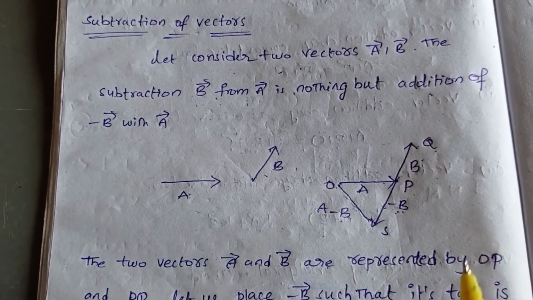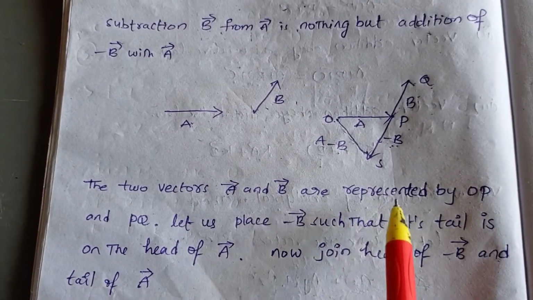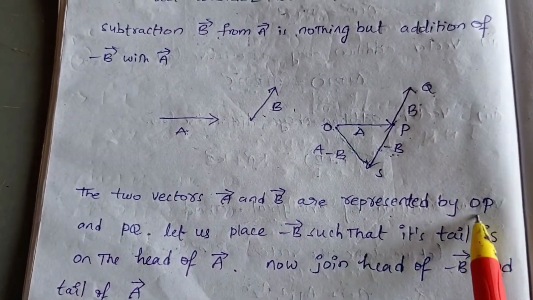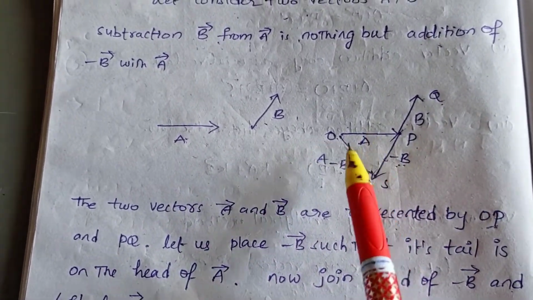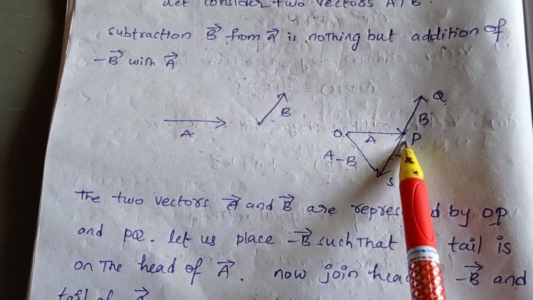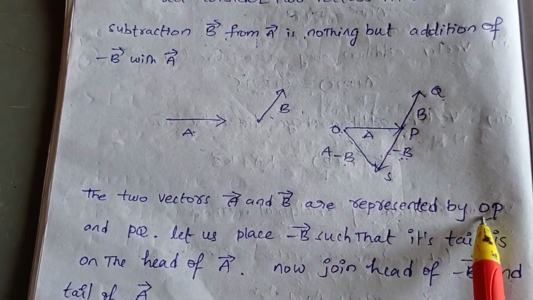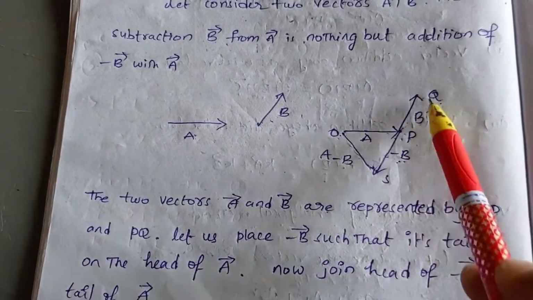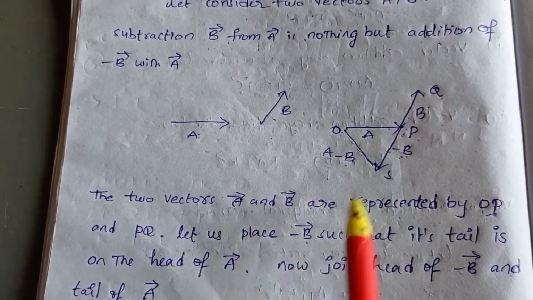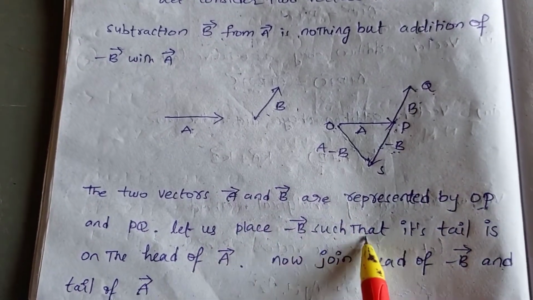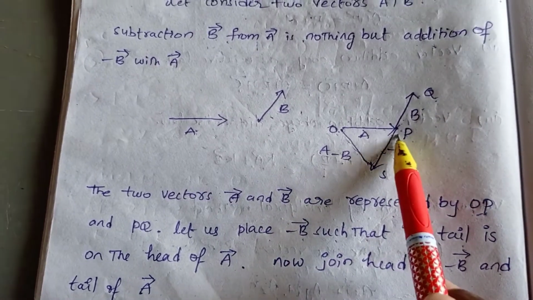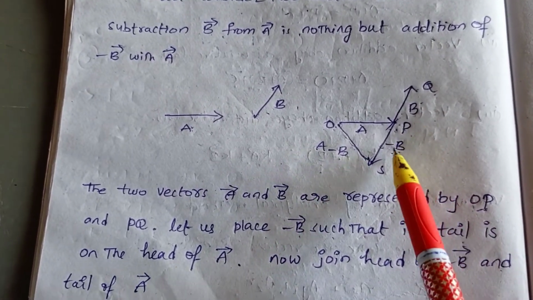The two vectors A and B are represented by, so what is OP? I am taking here, this is O, this is P, OP. This is OP, vector A, and PQ, vector B. Let us place minus B such that its tail, so its tail means the tail of minus B,